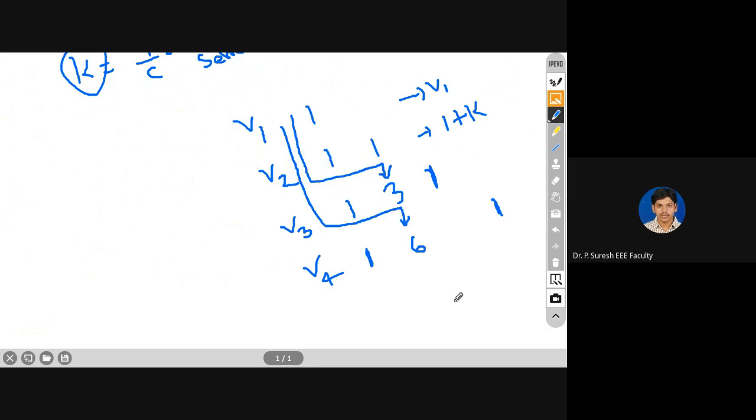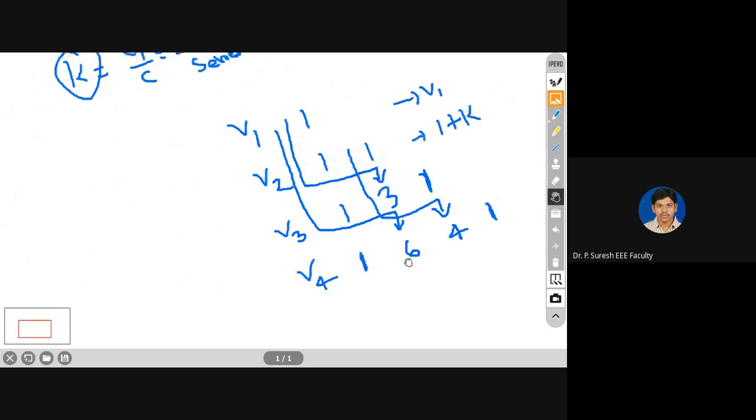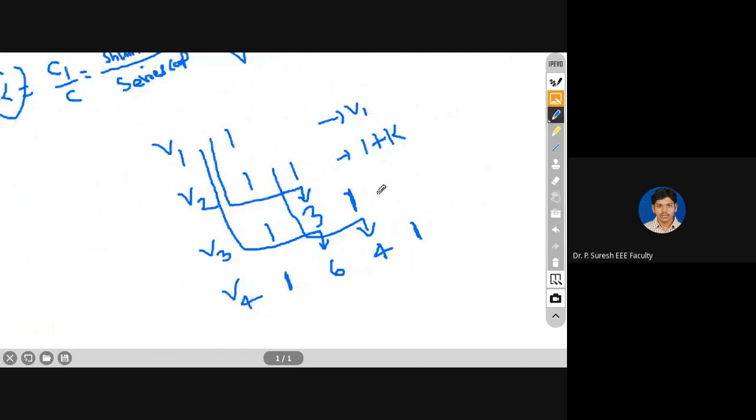This is one of the shortcuts to calculate voltage across each disc. Now tell me, what is this value? 1 plus 3 plus 1, how much? 4. So how to write these formulas in terms of the k factor? This value is 1 plus 3k plus k square. So how to write this formula? 1 plus 6k plus, sorry, 5k square plus k cube.